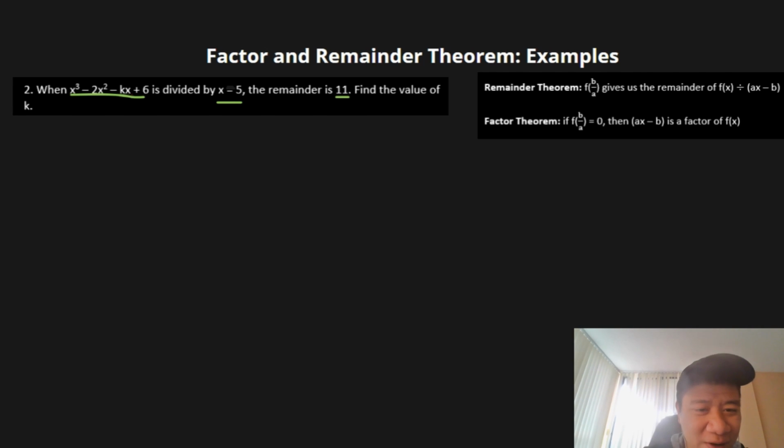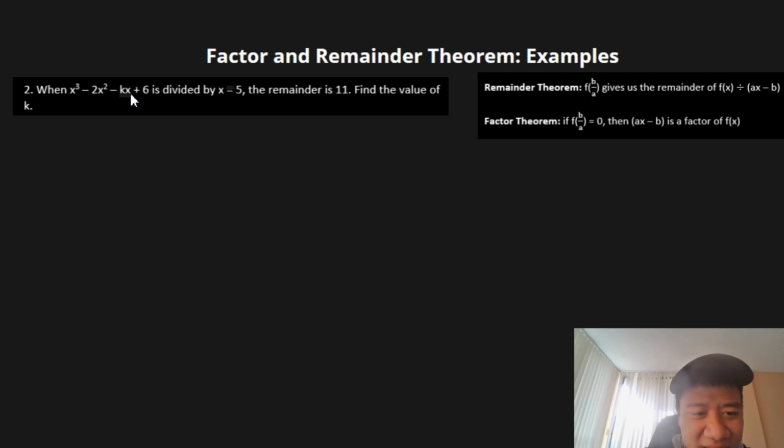So you're wondering how we can use this information to solve for k. We can use our remainder theorem. The remainder theorem tells us that if we substitute a number in here, it will give us the remainder when we divide these together. Meaning,